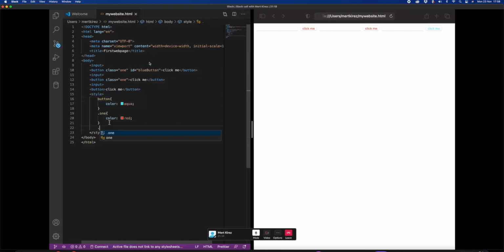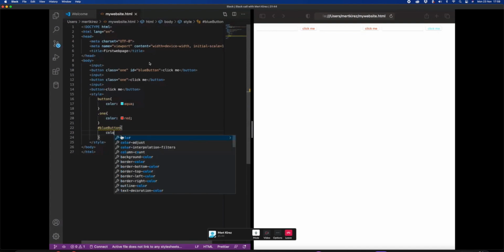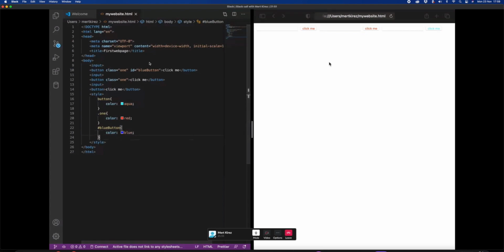Classes we call with the dot, but IDs we call with a hashtag. And then the name, so blue button, and it's case sensitive, right? Opening curly brace and, exactly, closing curly brace. Let's say we're changing this to blue, so just do dark blue. Yeah, perfect. So if you save it,